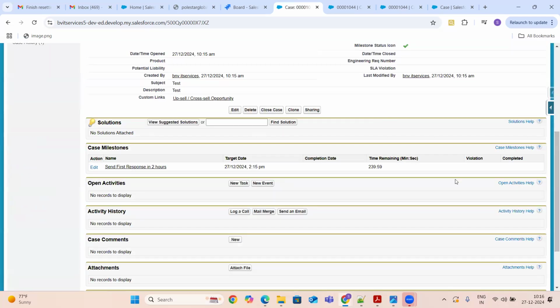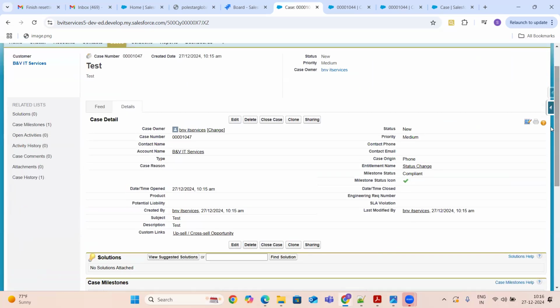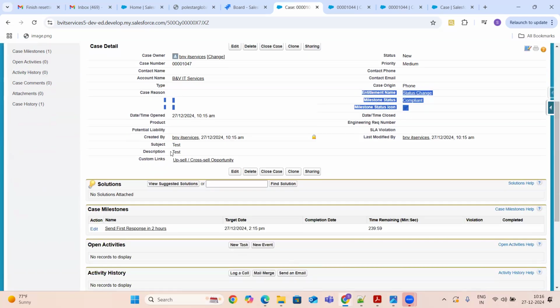So it gets created correctly. Like from the entitlement process, when we create the entitlement, automatically these three fields from the entitlement, when we create the case, automatically these three fields get populated. We haven't populated, right? At the time of creating this case, these things get populated automatically, and respectively, a milestone record will get created for you. Okay, so within this particular point of time, you can just edit the milestone. You can complete the action. Like I need to, so the milestone which is added here is send first response in 2 hours.